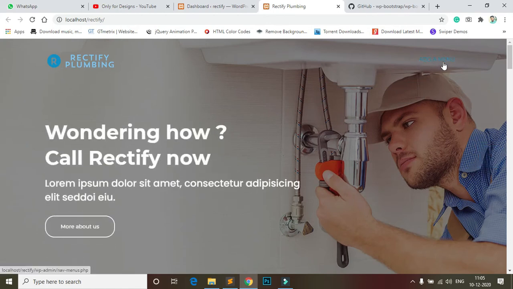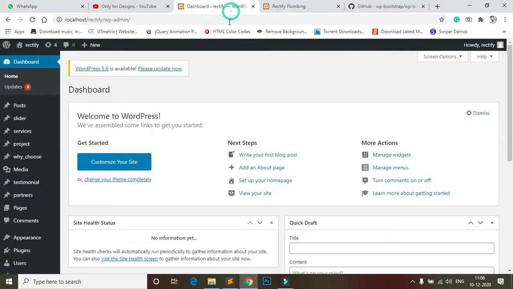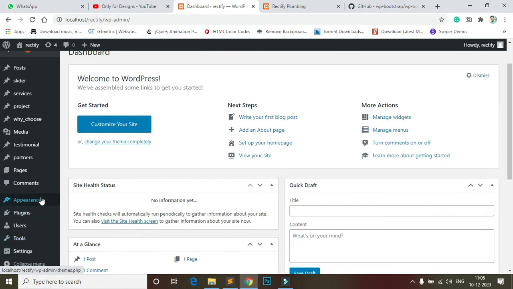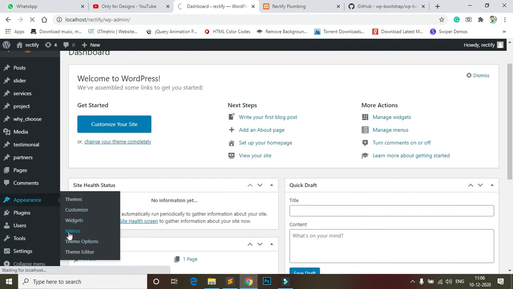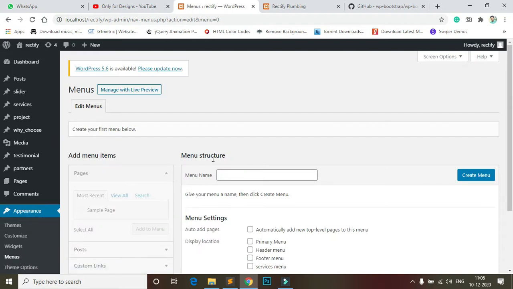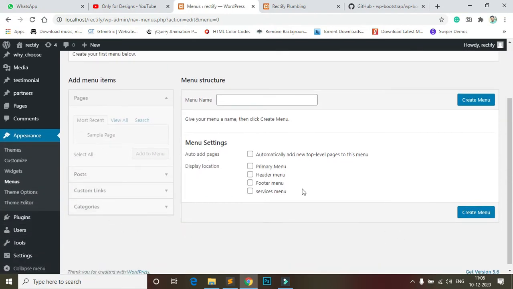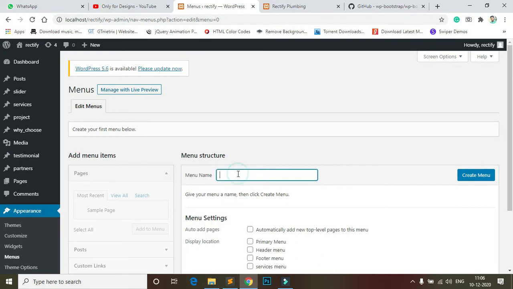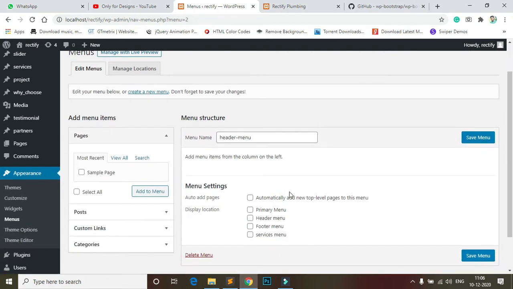You can see here there is an add a menu button, because in the dashboard I didn't create any menu. So go to Appearance, then Menu. You can see here I didn't create any menu. So I need to create a menu first. This name is header menu, then create menu. Then you can see I automatically check primary in header menu also, and save menu.